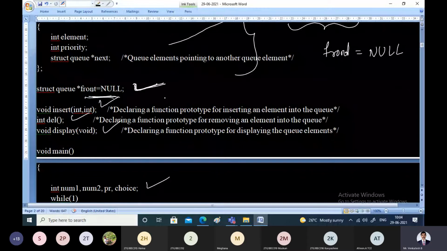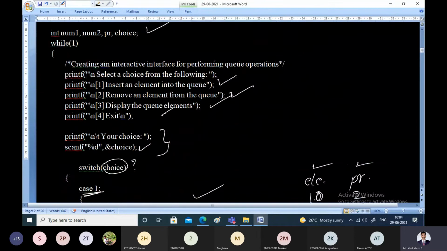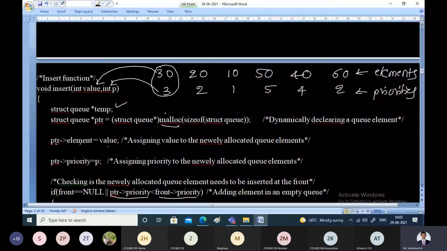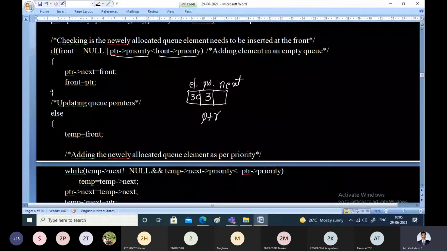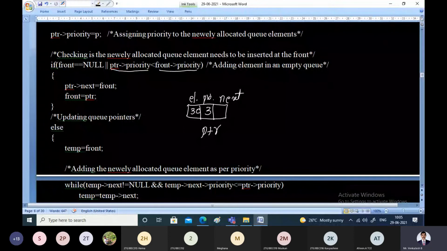So what it indicates is that the priority queue is empty. There are no nodes in the priority queue, and whatever node you are trying to insert now is the very first node of the priority queue. So if that is the case, when the if is true, this else part will not execute. Now let us follow the statements present within the if statement. What it says is simply make PTR pointer next point to front, or front is assigned to PTR pointer next.